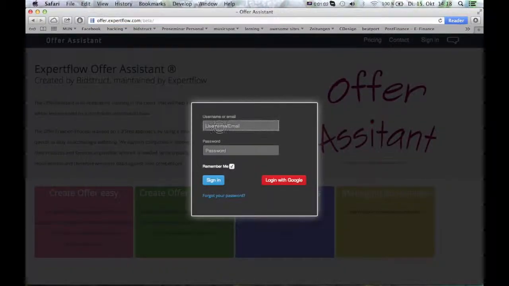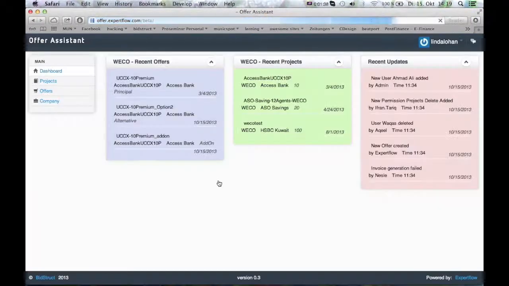We will now move to the sign in, where you can sign in either with your username and password or using the Google login. Once we've arrived at the entry page, we have different